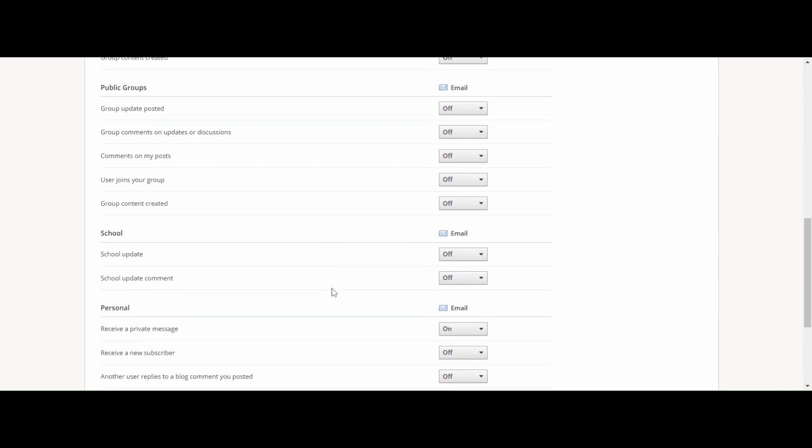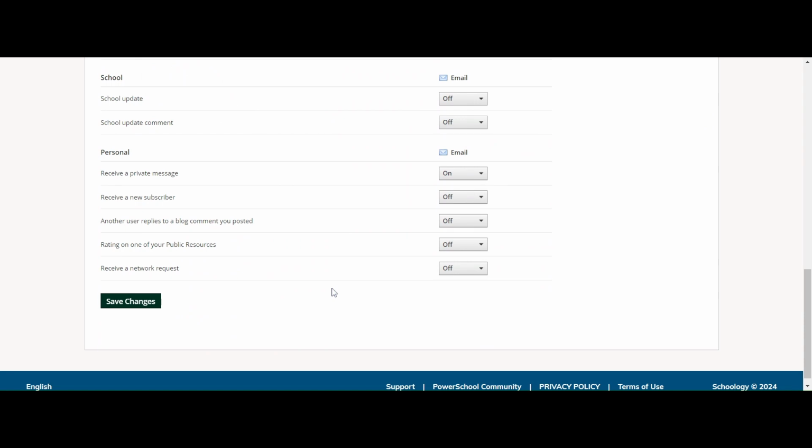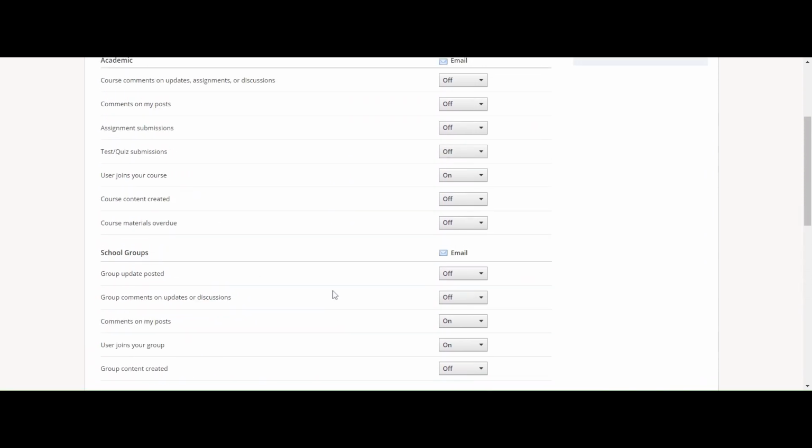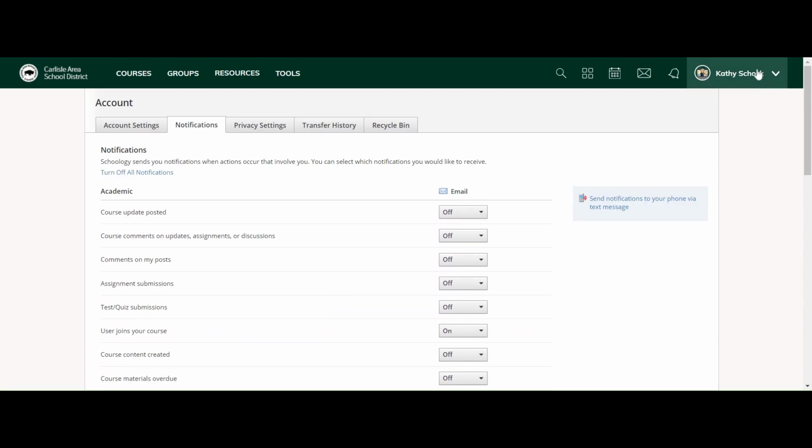But I do recommend, if you do not want emails for everything happening in Schoology, come over here to those settings and notifications so that you can see what maybe you actually really want to hear about as far as emails go. And those are just a couple of our settings areas that we're going to focus on in